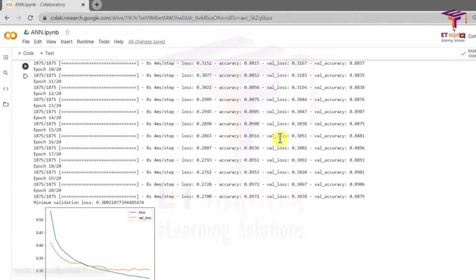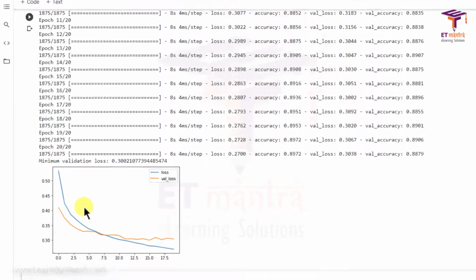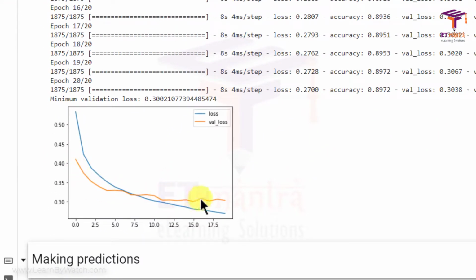Okay, so our model is trained. You can see that this orange line is the validation loss, or the loss on our test data set, and the blue line is the training data set loss.